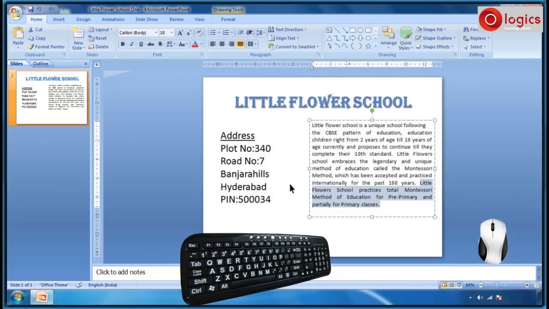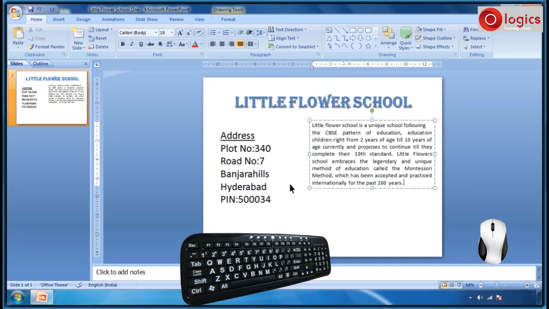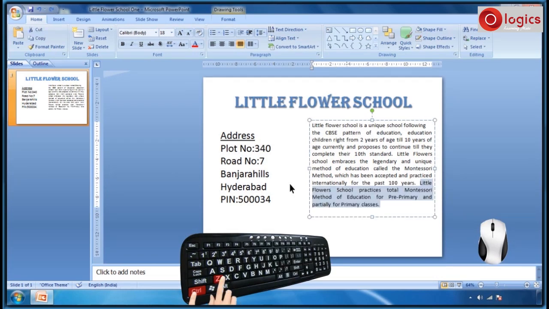To work with PowerPoint more comfortably, you will have to know how to manage the text in the placeholder. Now the highlighted area has been selected in this placeholder. Press delete key on the keyboard. Selected text deleted. Now children, do you know how to get back the deleted text? Here you can use undo command, Ctrl Z. Press Ctrl key and then press Z. See, the delete has been cancelled and you have got the text back again.